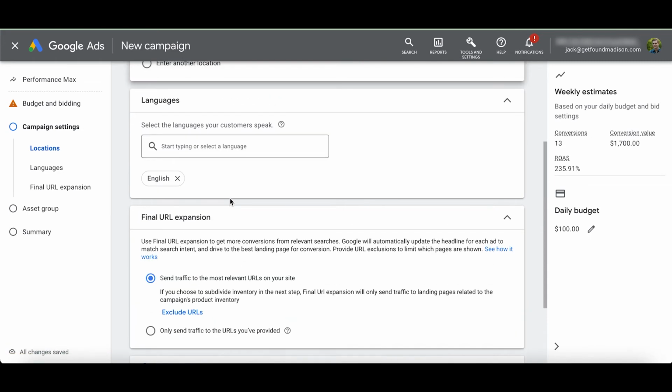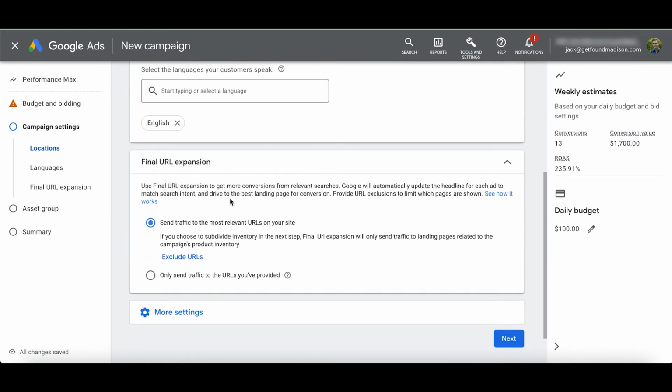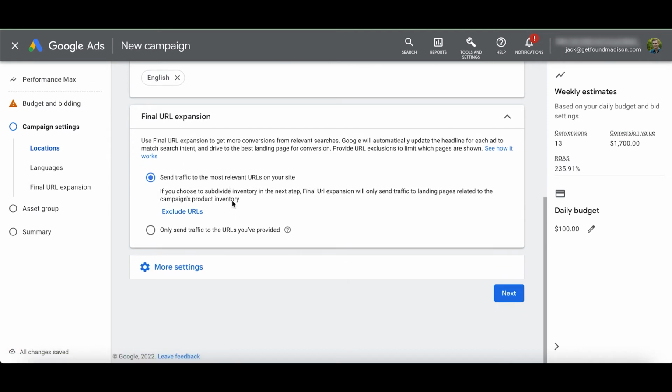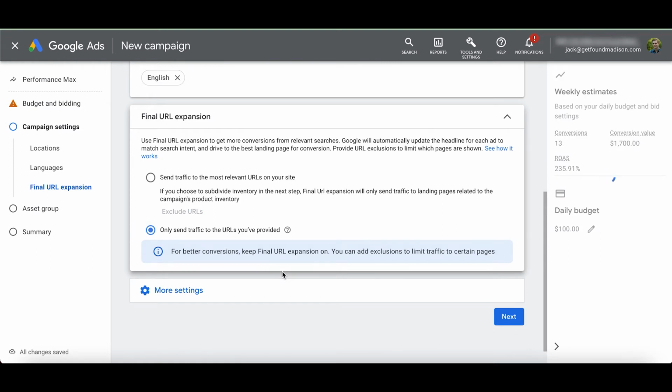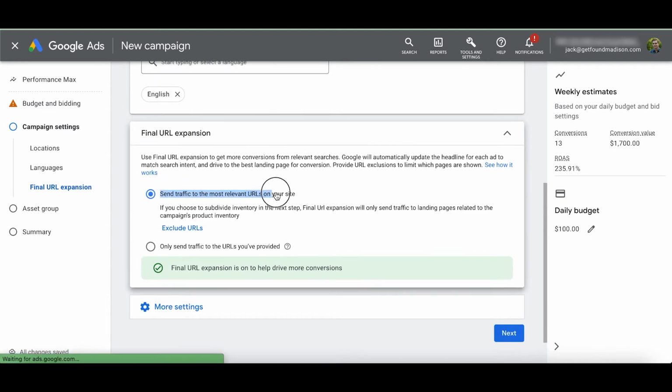I'm really going to point out what's new here because I know most people have probably set up a Google Ads campaign before. There are plenty of resources for how to set up a Google Ads campaign. So what's different in Performance Max is that, kind of like dynamic search ads, it's going to send people to a URL that it thinks makes the most sense. So if you don't select only send traffic to the URLs you've provided, so that being shopping ads are going to product pages, right? And the search ads and display ads that you're setting up are going to a specifically targeted URL. What you can do is select expand URLs to send traffic, quote unquote, to the most relevant